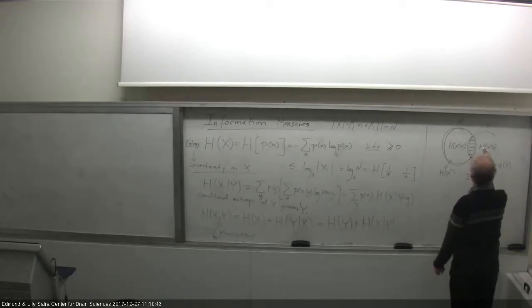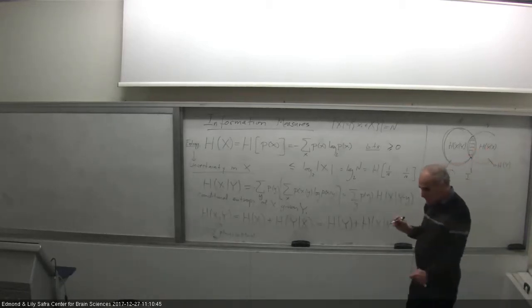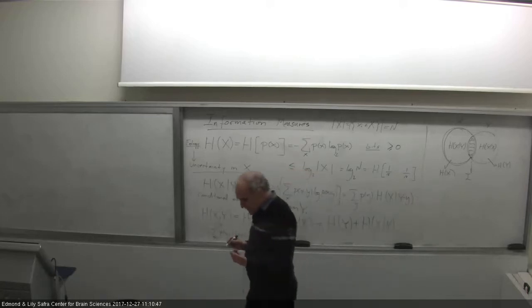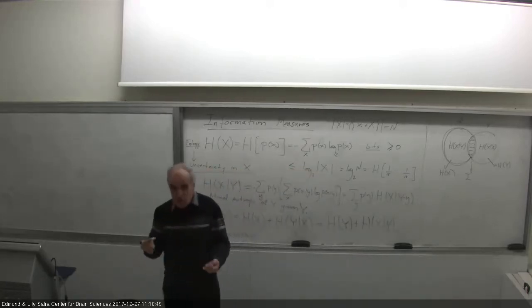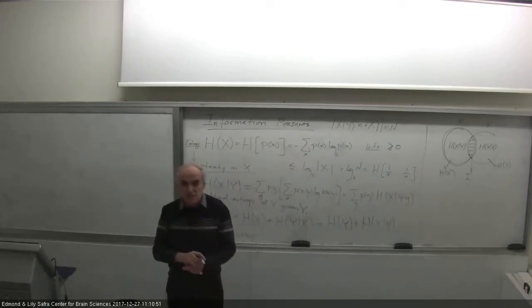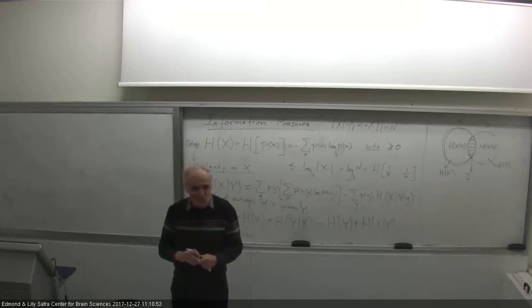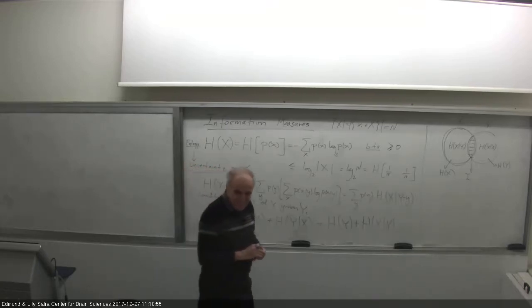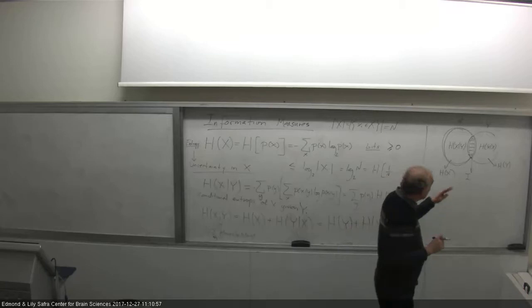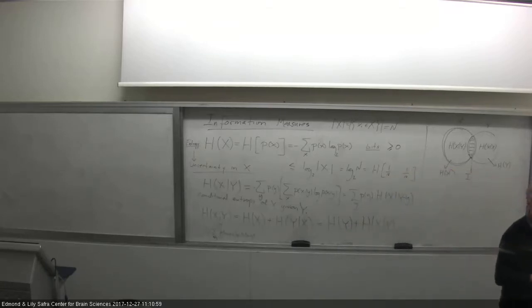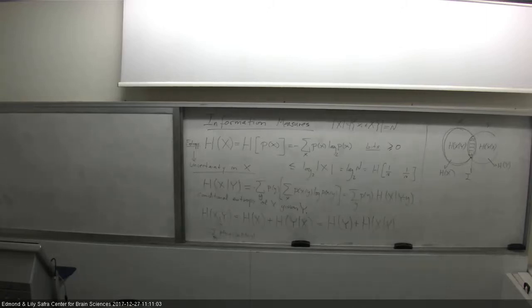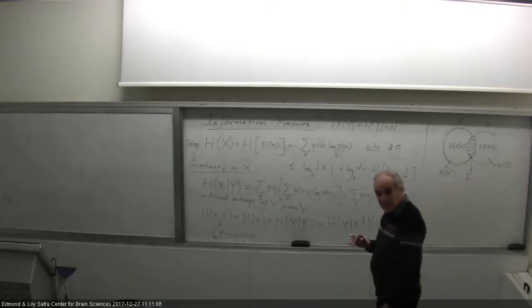Don't take these Venn diagrams too seriously, by the way. There's a lot of work on trying to justify them in higher dimensions than 2. It always gets very, very complicated. Even for 3 variables, this is already somewhat meaningless. I mean, it's not meaningless, but things can be positive and negative, and the interpretation of area can be very dicey.